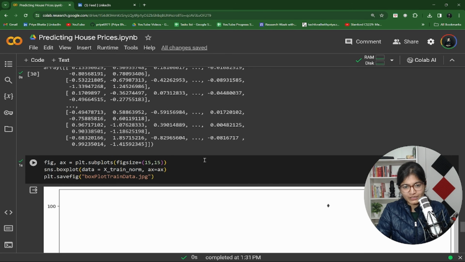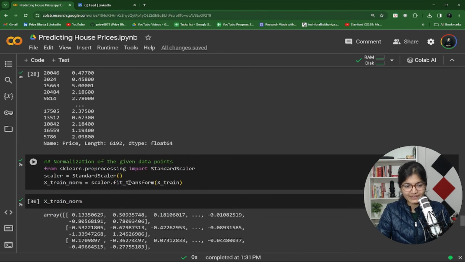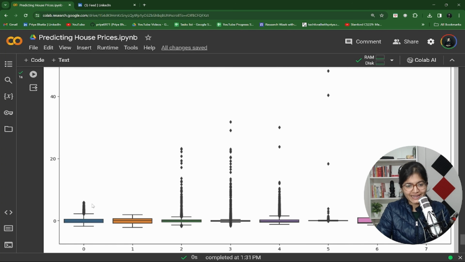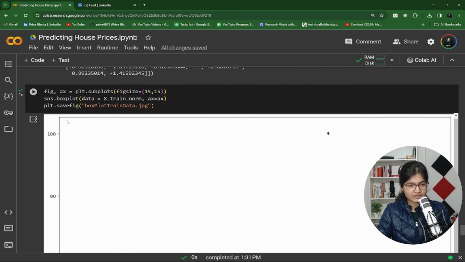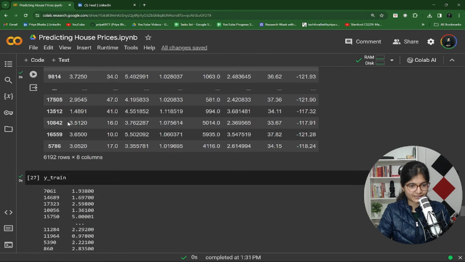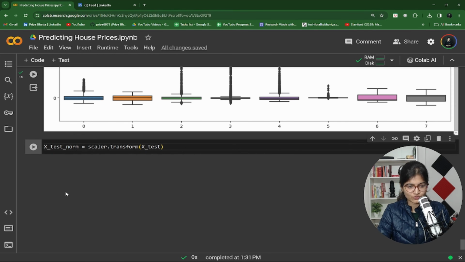Now here, if you can see, I have used one function called fit_transform. In the test set, what usually happens is you have to use a function called only transform, scaler.transform. And here, you will use this on the X_test. You can call it X_test_norm. So this is the normalized values of the test set, similar to the one which we got for the train set,